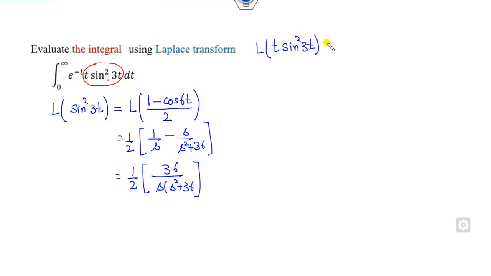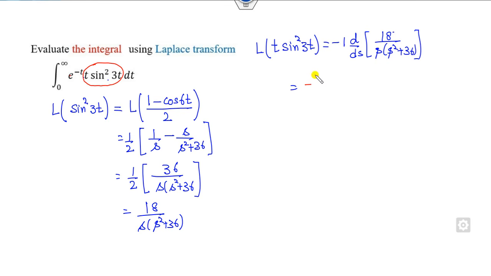So small t means you have to take one times the derivative of this answer. So that is a 36. I can see this is 18 over s square plus 36. So this is 18 over s square plus 36. Now you can substitute this. I can say it is s square